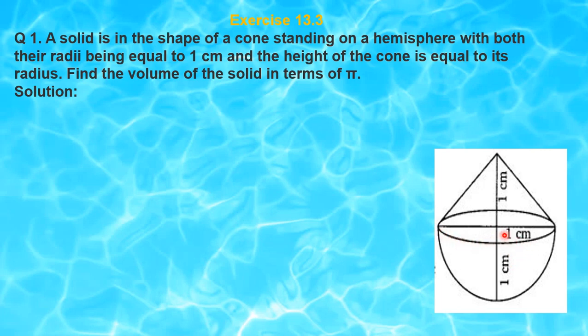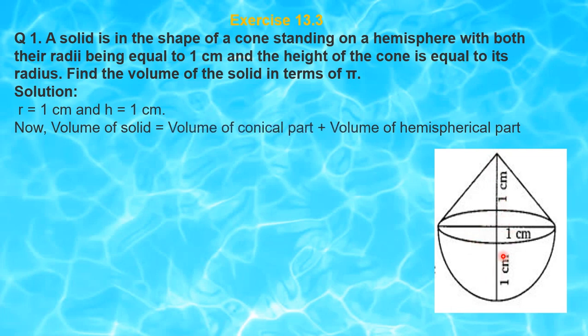In this given figure, the hemisphere is there of 1 centimeter radius. Also, on the hemisphere, one cone standing on it with the radius 1 centimeter, and the height of the cone is also equal to radius 1 centimeter. So, radius and height of the cone and the hemisphere are 1 centimeter each. Now, by finding the volume, as we observe in this figure, volume of cone plus volume of hemispherical part